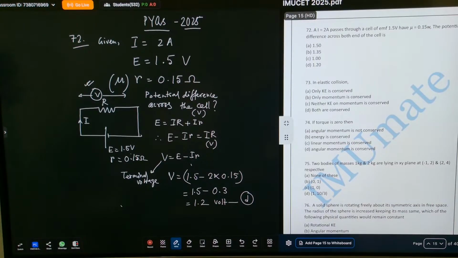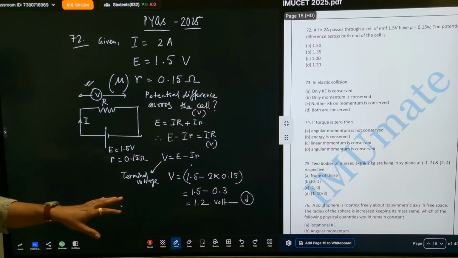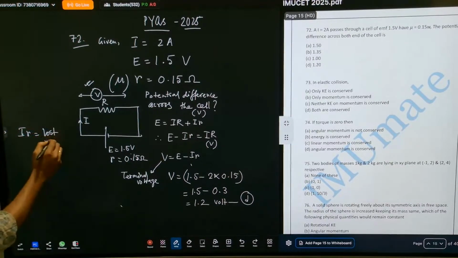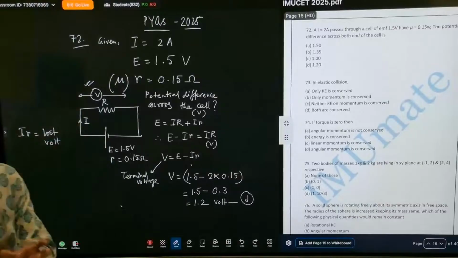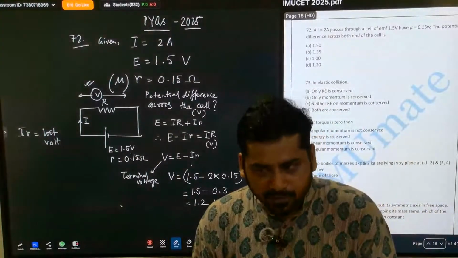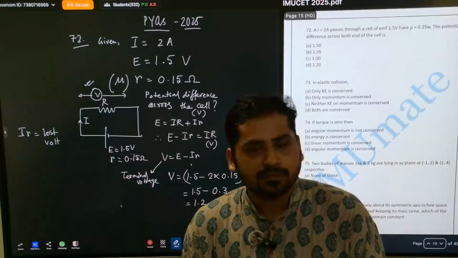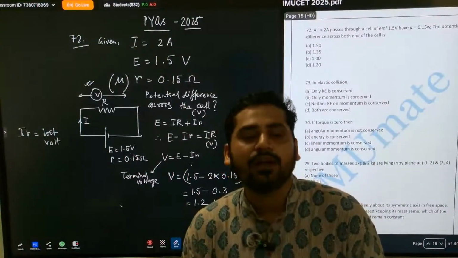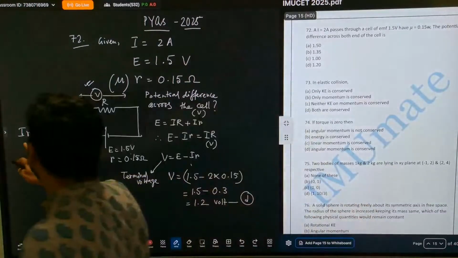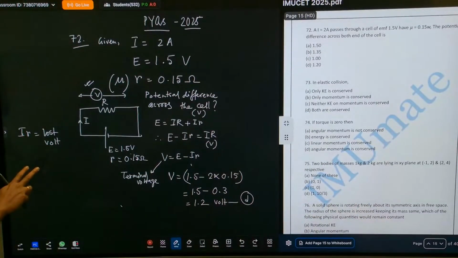Okay, if they have asked for the lost volt, what is lost volt? Do you know? I will cover it with the same part. See here, Ir means lost volt. This voltage you will not get. Let's say you have taken a 10 volt battery or cell from the market, you brought it, but when you connect it in the circuit, you are not getting 10 volts. You are getting, let's say, 9 volt. Where did the 1 volt go? It is the I times small r. This is the potential drop inside the cell itself. Okay, we call it lost volt. I times capital R, we call it